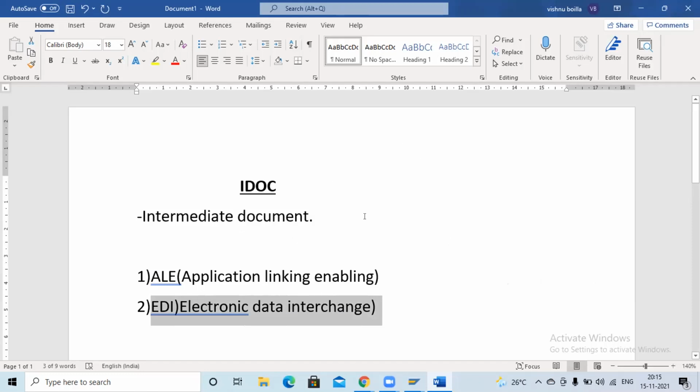In DME, we send the information to the bank, and the bank sends the amount to the vendors. In the IDOC EDI concept, we send vendor information to the bank, but the bank prints the check and the checks go to the vendors. That's the topic we are going to discuss in the EDI concept.